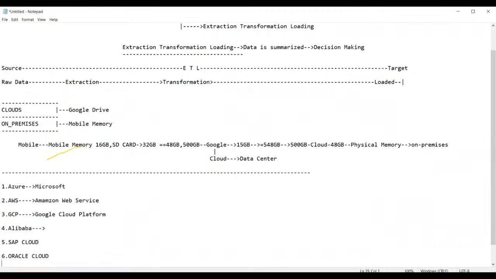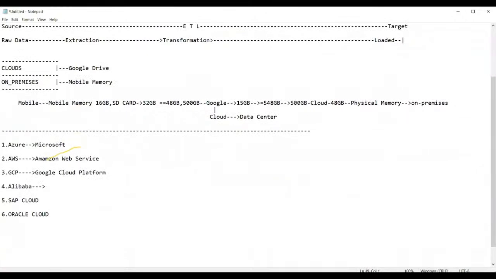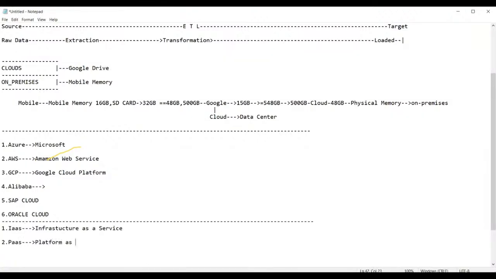So now, guys, these cloud services are basically classified or divided into three categories. The first one is IaaS. IaaS stands for Infrastructure as a service. Then you have PaaS, which stands for Platform as a service.